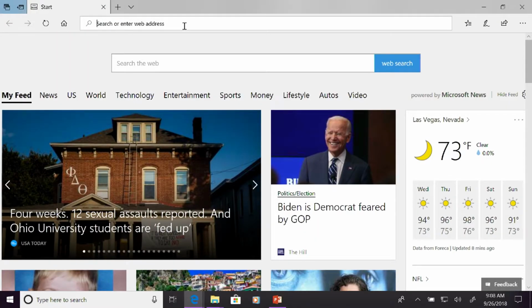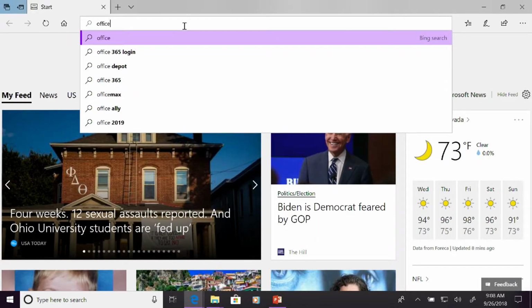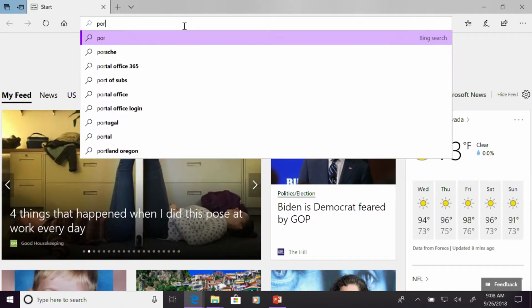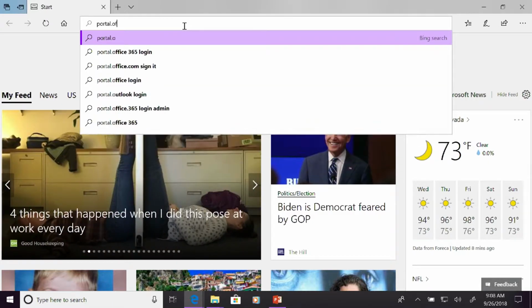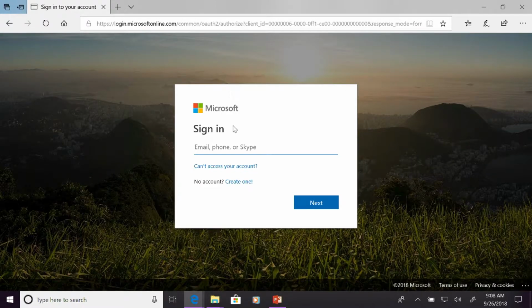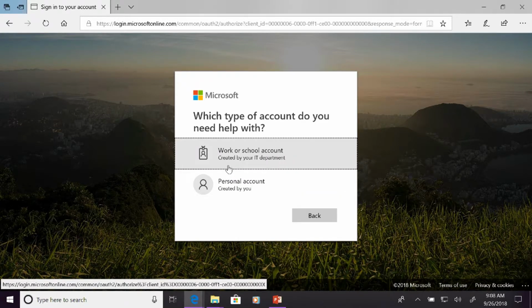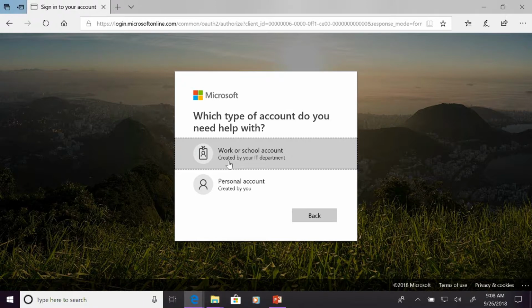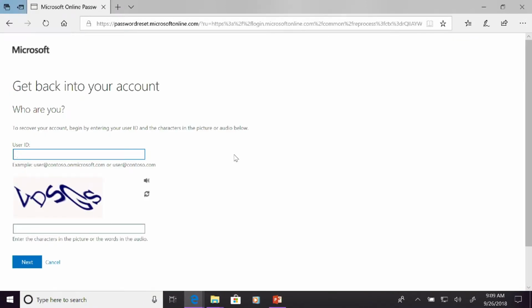So when I go to portal.office.com, every time you can use the link down here, can't access your account. In that case, you have to select which account, is it the work or school account, and then you come to the password reset corner. So that's the easy part.